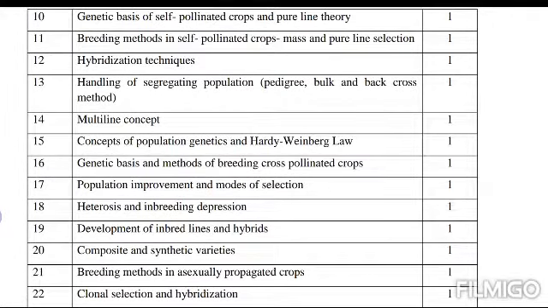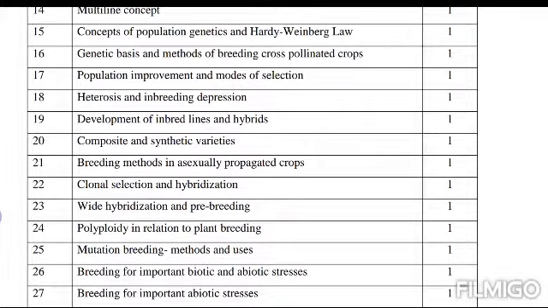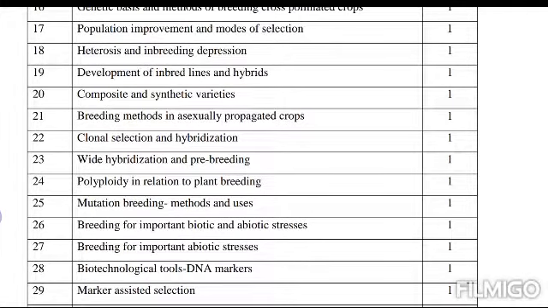genetic basis of self-pollinated crops and pure line theory, breeding methods in self and cross-pollinated crops, mass and pure line selection, hybridization techniques, handling segregating populations like pedigree, bulk, backcross methods, multi-line concept, concepts of population genetics which includes Hardy-Weinberg's law, genetic basis and methods of breeding cross-pollinated crops, population improvement and modes of selection, heterosis and inbreeding depression, development of